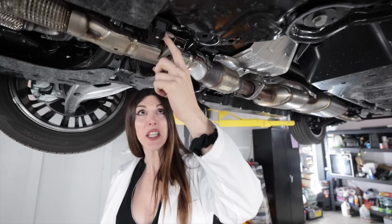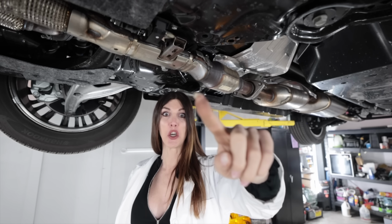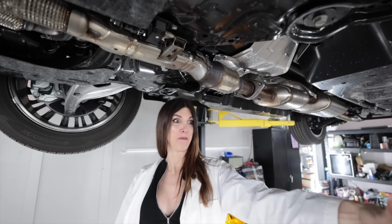Ew, look at the booger. What is that? They put goo on the exhaust hanger rubber. Oh, that's